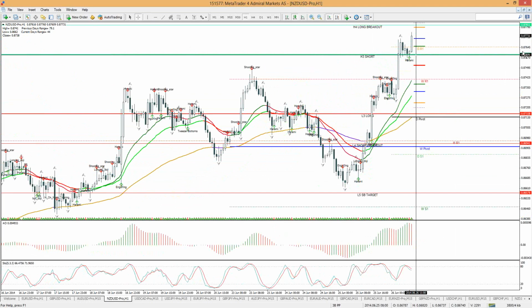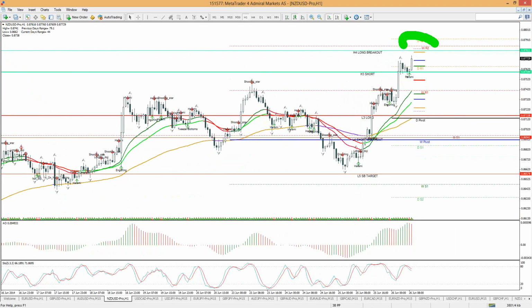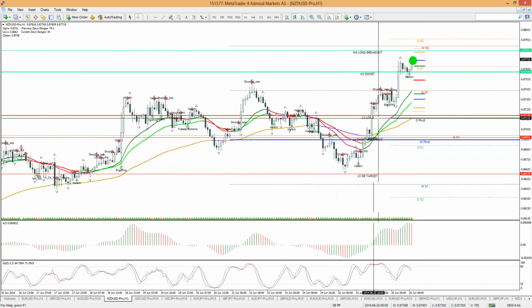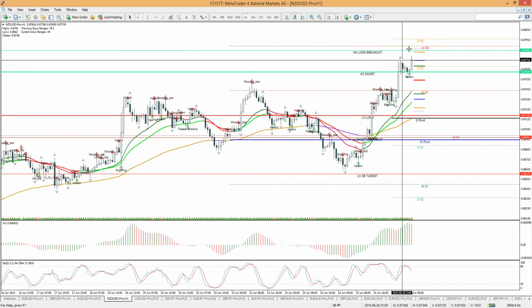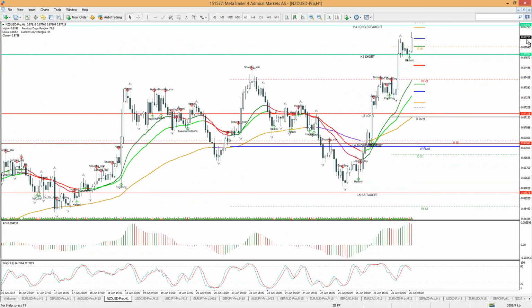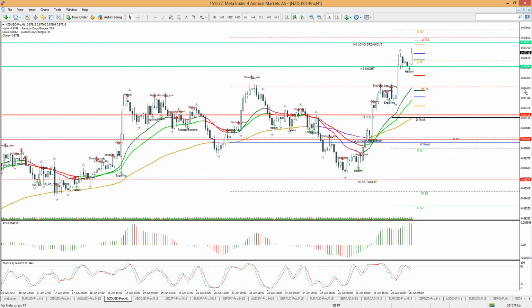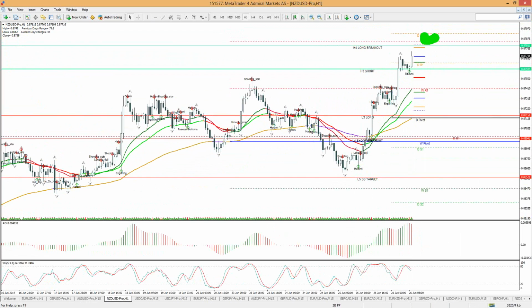Now the only thing that could make sense is maybe rejection here, because it is getting close to a weekly R2 and daily R2. So it has eaten a lot of real estate. It has moved up a lot, but that's not really that important. The most important is that it's pretty close to the confluence of an ATR expected high, a weekly R2 and a daily R2. So if we get some wick there, if we get some candlestick pattern there, a Harami or a shooting star or engulfing, then looking for a back to the mean trade, I do think has a decent